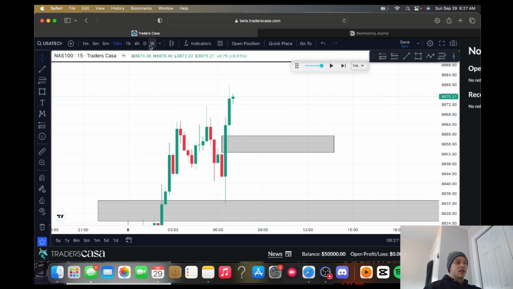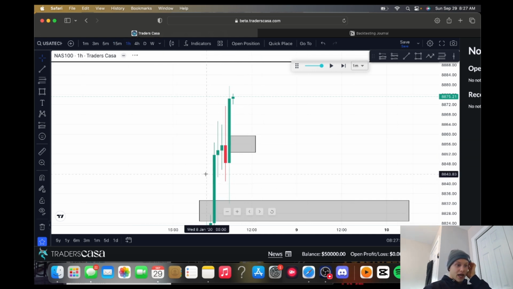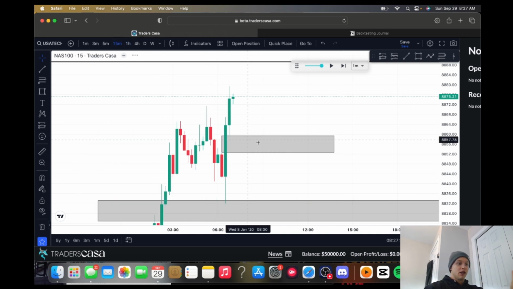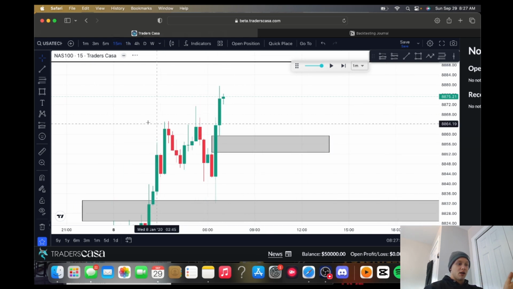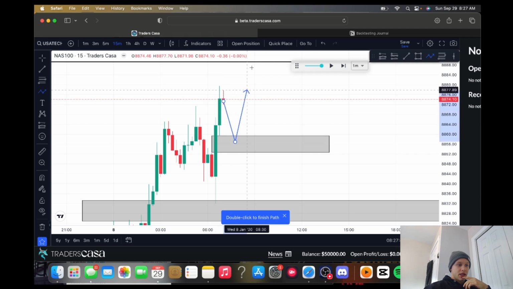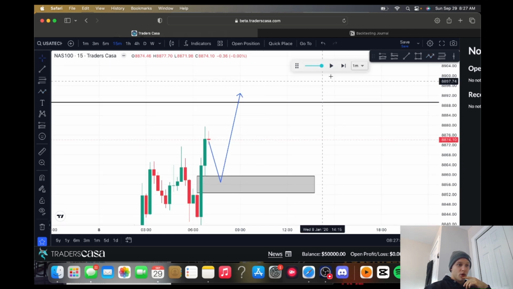Reason why I'd be open to taking a trade off this 15 is because if you can see here, we're reacting off a 4-hour or a 1-hour fair value gap, and we're pushing higher, leave behind a 15, push higher, break structure, come back down, tap in. That's what we should be seeing. So I would be open if we can get a clean setup like that. Would be open to that too.